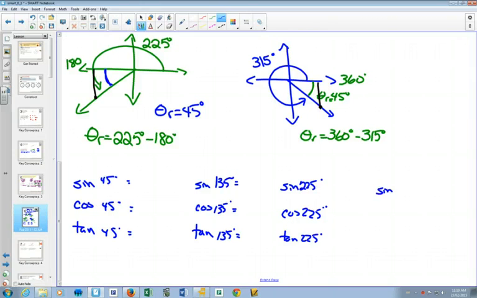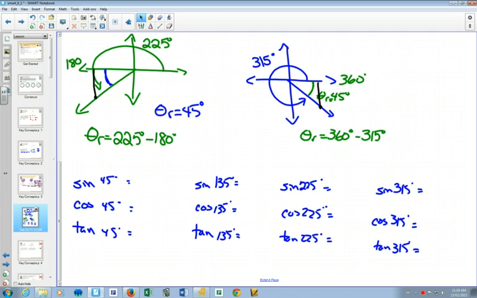And sine, cos, and tan of 315 degrees. Just so that it goes quicker, we'll get this row quadrant 1, this row quadrant 2, quadrant 3,